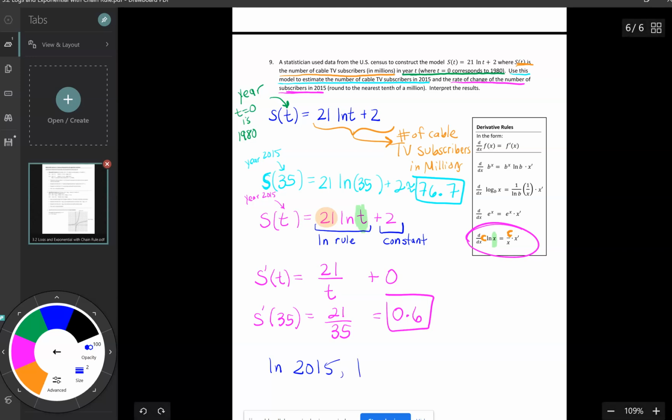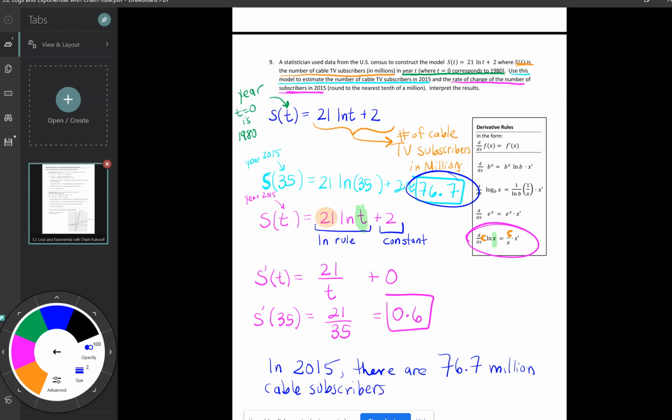In 2015, there are 76.7 million cable subscribers. Okay, that's just what my function told me. But my function told me how many cable subscribers. So there's that many cable subscribers, and